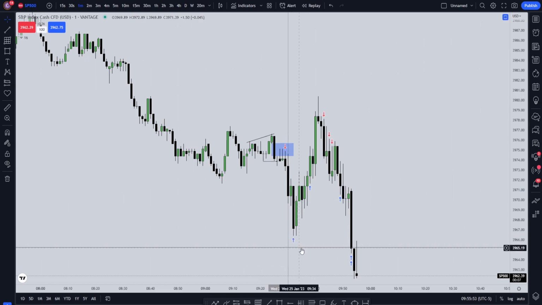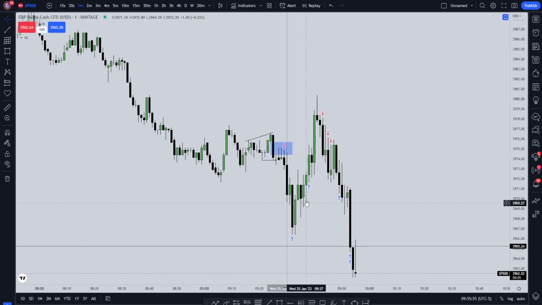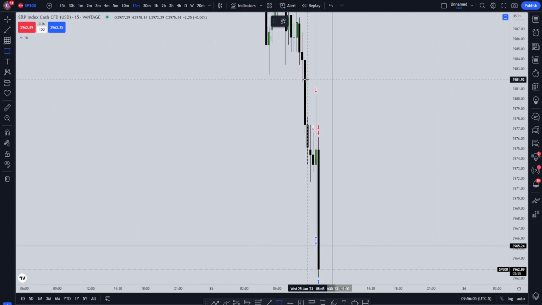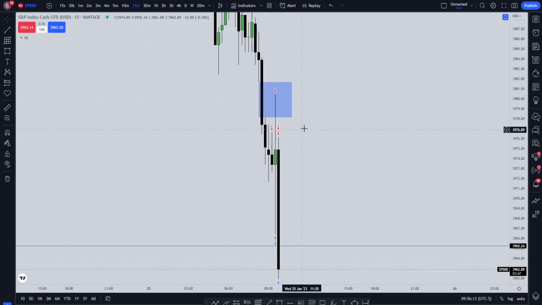Then I was aiming for this low, and price came up to hit me at break even once I did that. Okay, now after that happened, price hit me at break even. I'm still looking for sales. Now why did I not switch to buys? If you look at this 15-minute fair value gap over here,